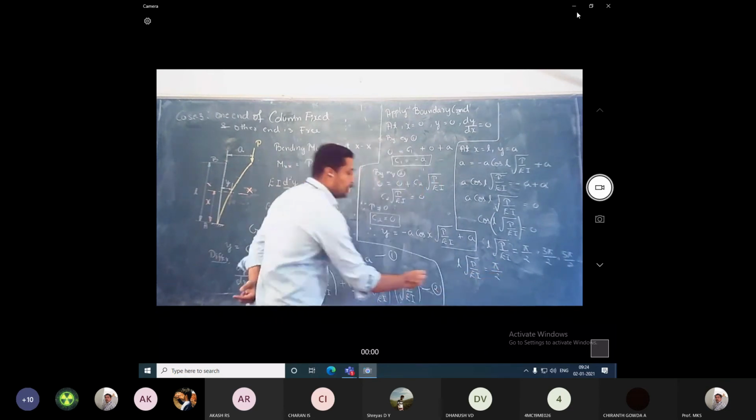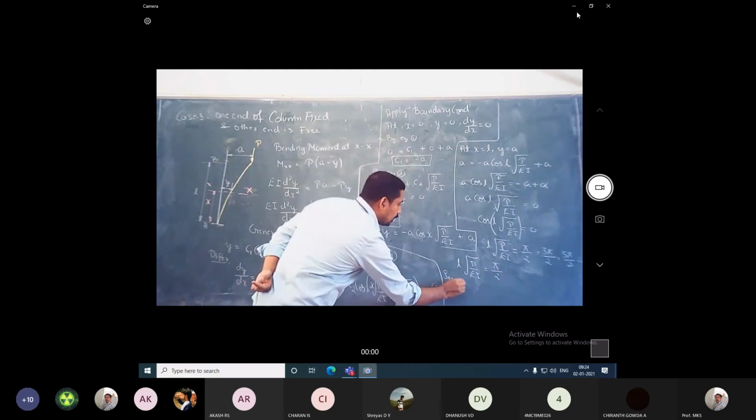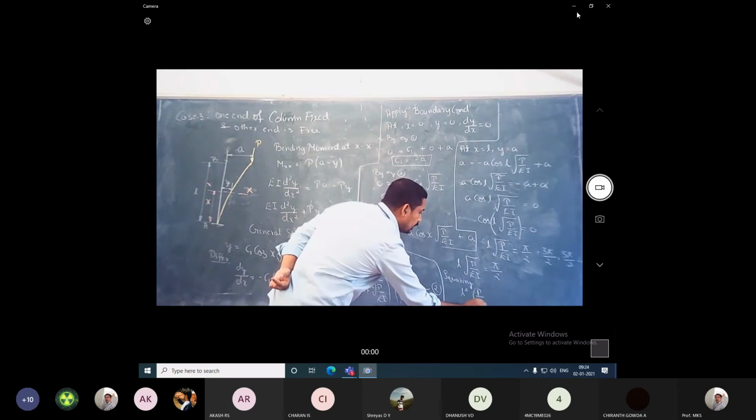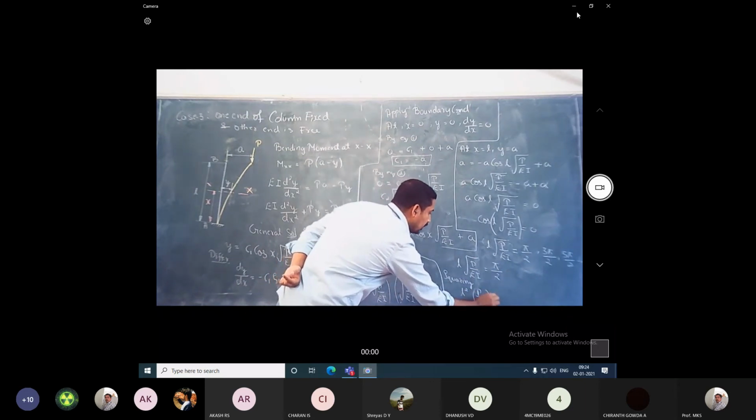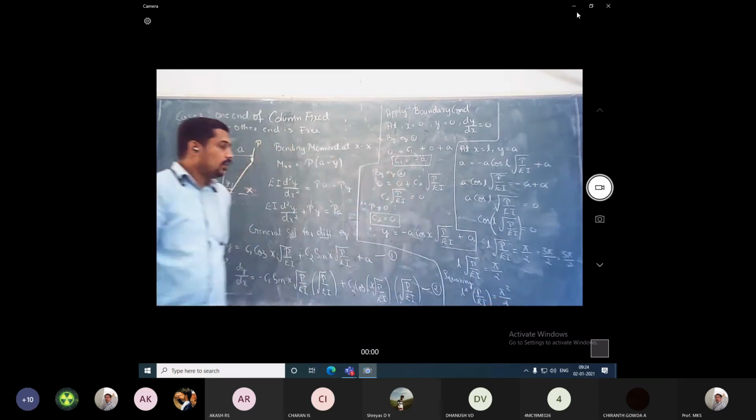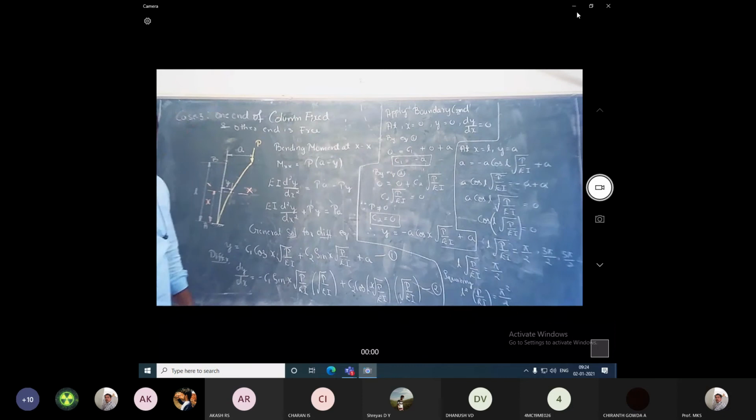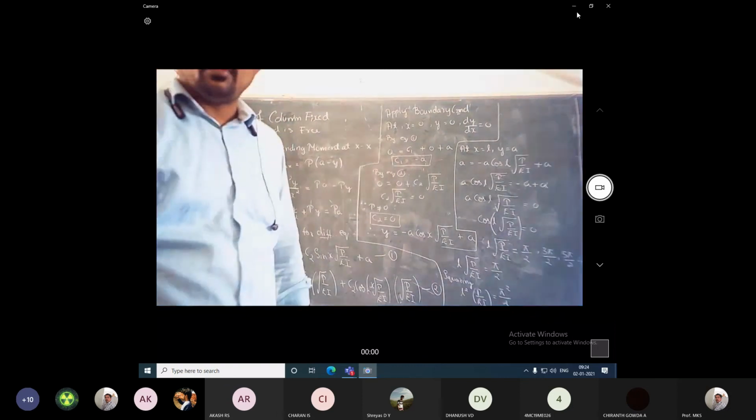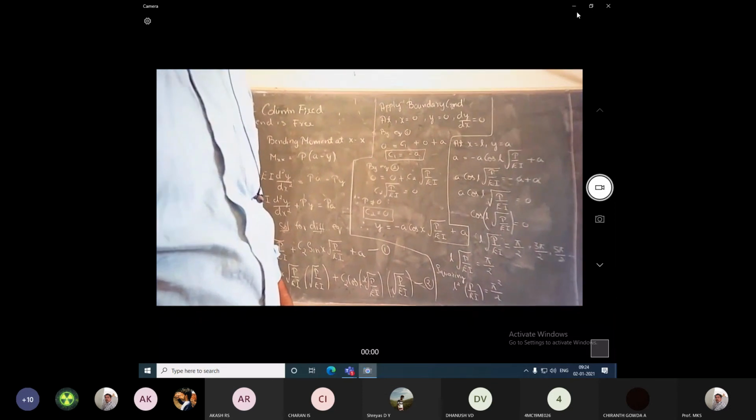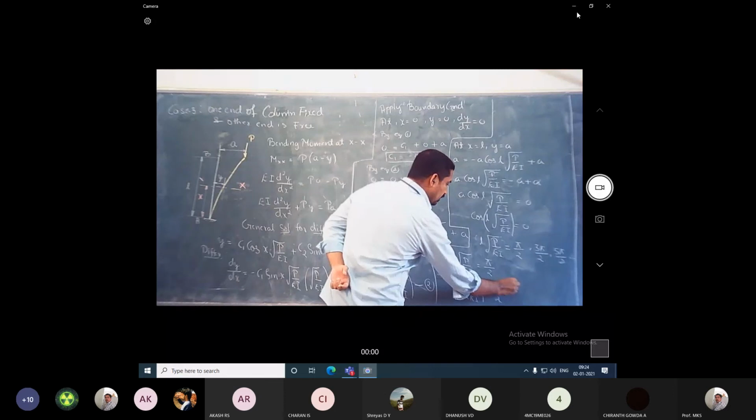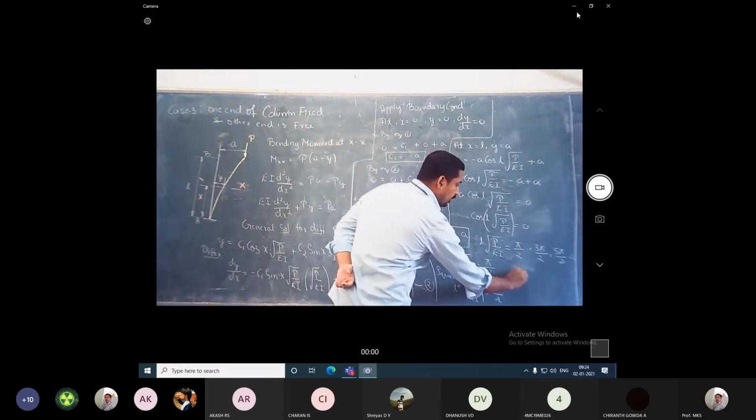When I do squaring, L square into P by EI is equal to pi square by 4. So just rearrange the terms, you will get the equation for P. So I'll write here itself. When I rearrange, P will be equal to